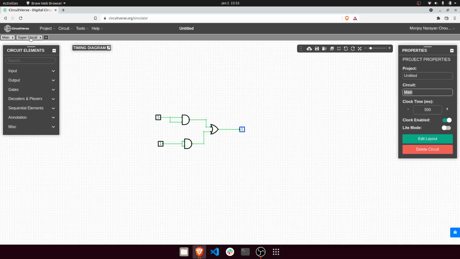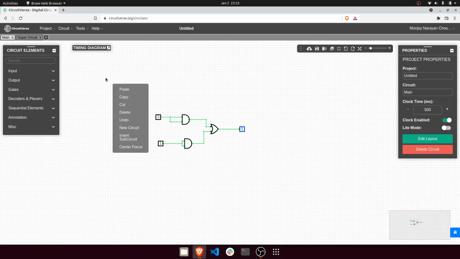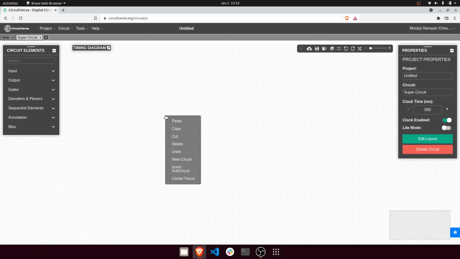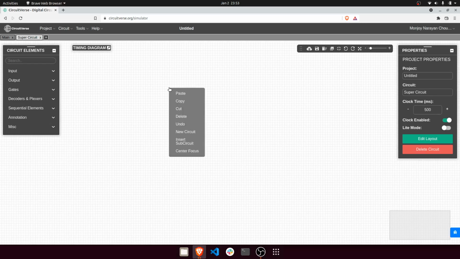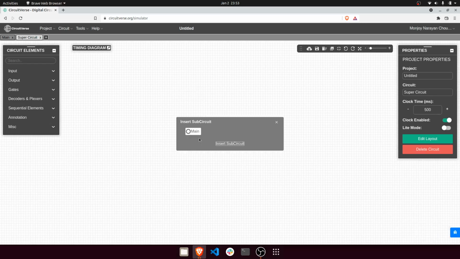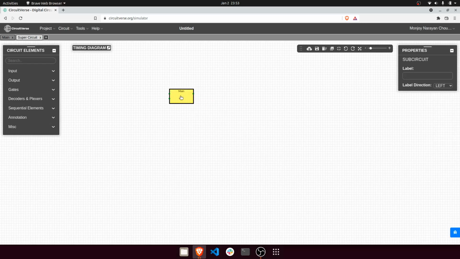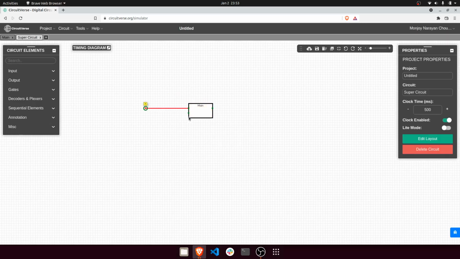Timing diagram you don't need now. See, so now you go to super circuit, right click on your workspace, click insert sub circuit, main. See, this is a block now. It has two inputs because there are only two input gates and there is one output. This is how you do the modularity